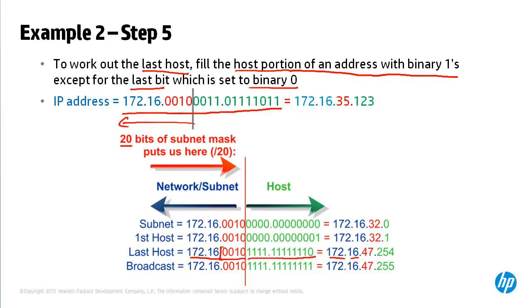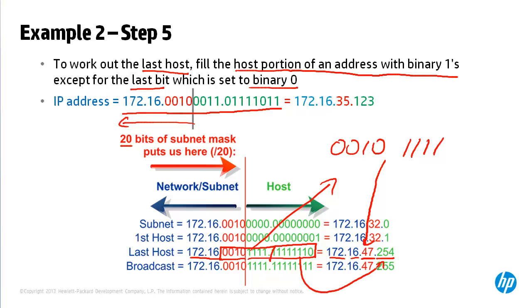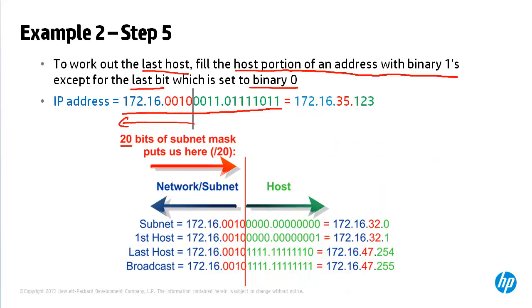The third octet is 0010 followed by 4 binary 1s. That equates to 47. The last octet is filled with binary 1s except for the last bit, which is a binary 0, and that equates to 254. So the answer is 172.16.47.254. That is the last host on the same subnet as